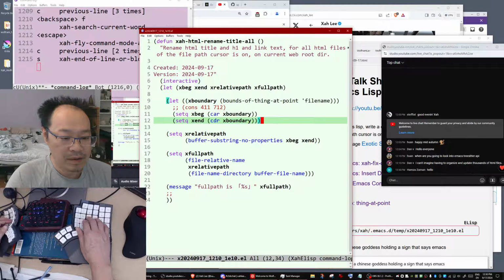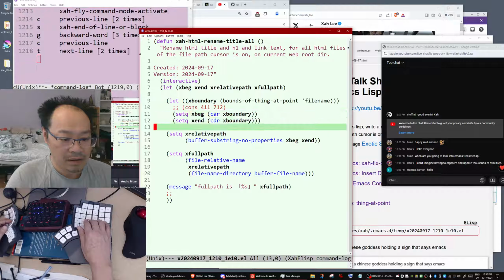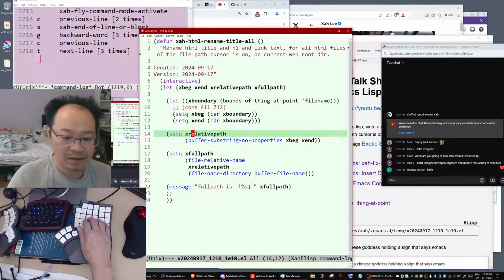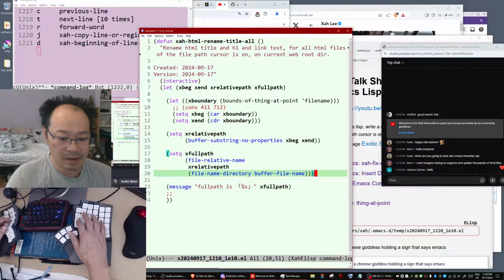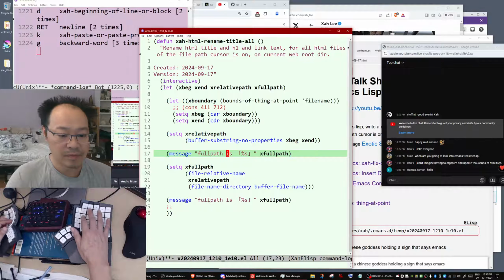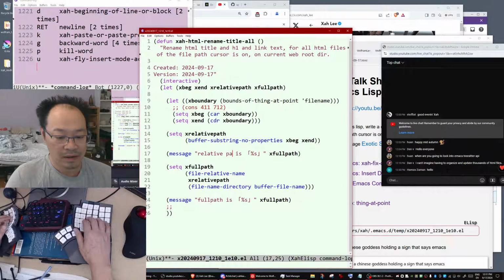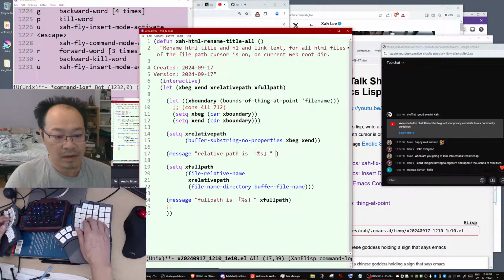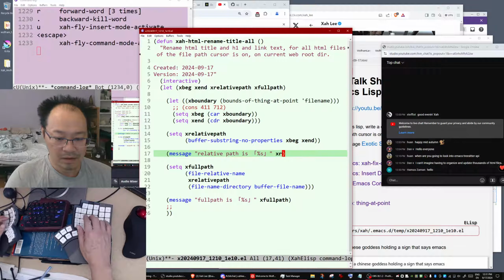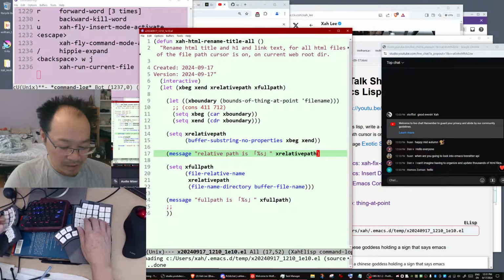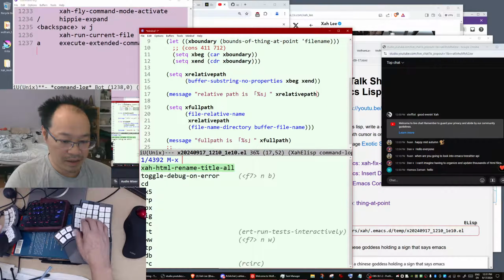We set the boundary, we set the begin and end, and relative path. So I don't know, let's debug. Okay, let's debug. Eval the buffer, call the command, do it.